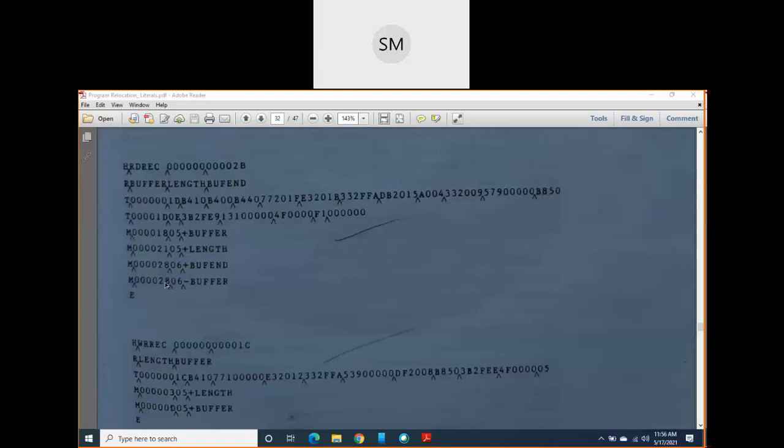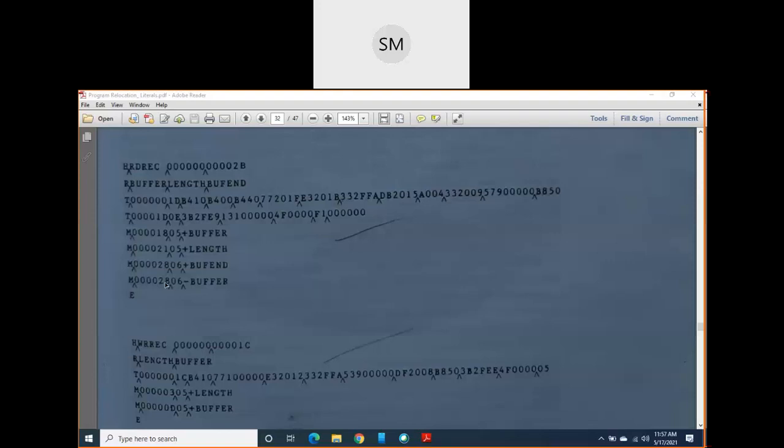Sir, even though there is no plus symbol there and we need not use format 4, why have you modified it? Because, the reason I already told you, these two relative symbols are going to be evaluated to an absolute value, which is not referring to any address. So for that, I have written these modification records here. If you observe carefully, both of them start at the address 0028. So all these things you should understand.